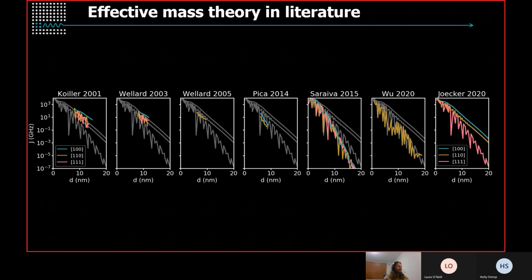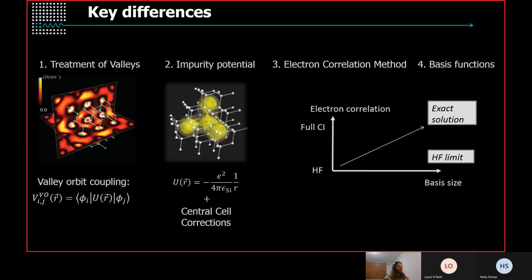So what we want to calculate here is the exchange interaction. And here I compare different attempts of using effective mass theory to calculate this in history. And what you can see is that really the shape and the order of magnitude over all of these calculations really differ between different approaches. And here I would like you to understand how this is different. So first, all these methods differed in how they treated the valleys, so how they could compute these valley-orbit coupling. Here we used Bloch functions, so the crystal functions computed with density functional theory, and they were well converged,